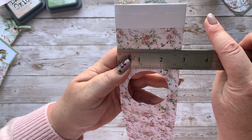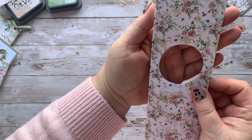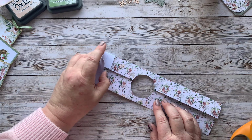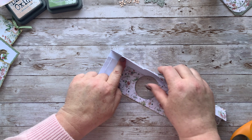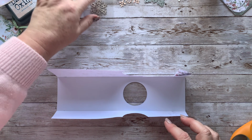Just over 2 3/4 inches wide. There or thereabouts is going to work fine. All right, so you've got that in the middle there like that. Right, now what I want to do is just untuck that there. I want to open this up, and I'm going to just put a little